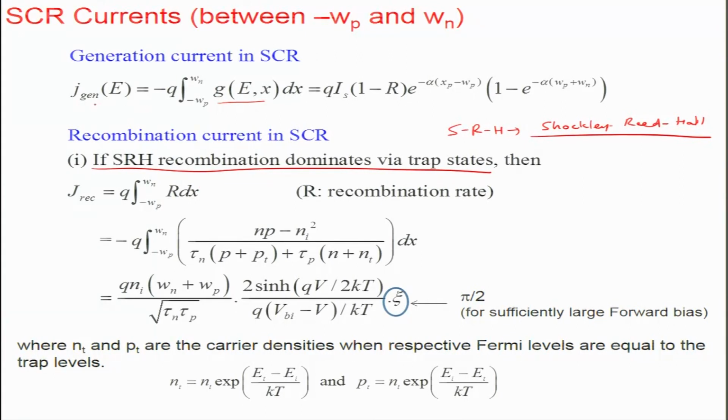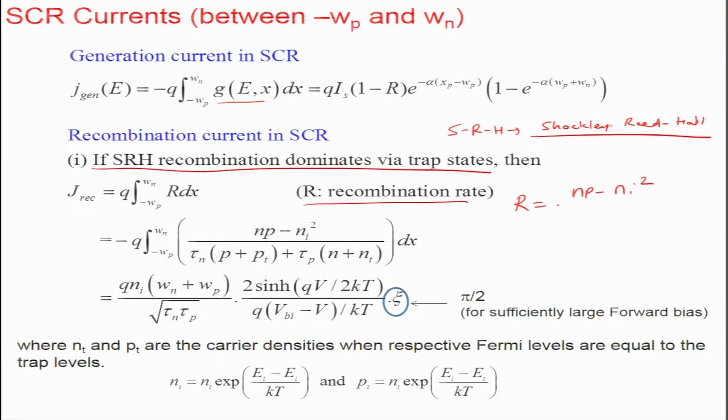Of course this current is negative in nature and that current is positive in nature, because for the generation current you create electrons, and recombination current means you consume electrons. So both have opposite signs. So now you put in R, the recombination rate for the Shockley-Read-Hall mechanism. The recombination rate is given by this expression that we wrote earlier also, R is equal to